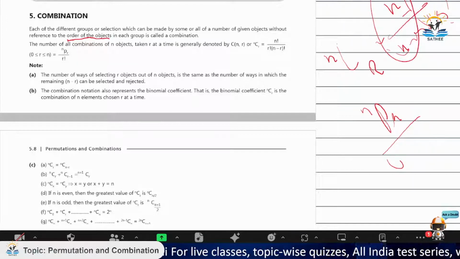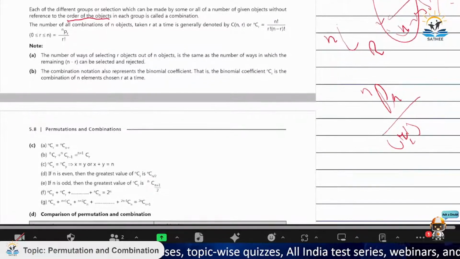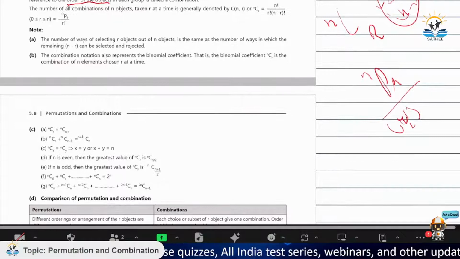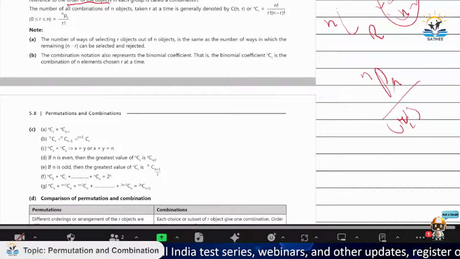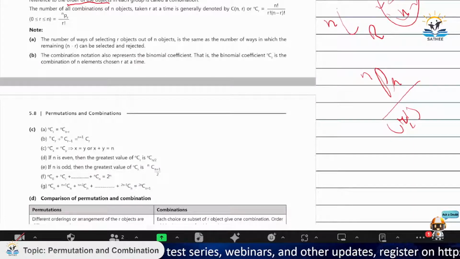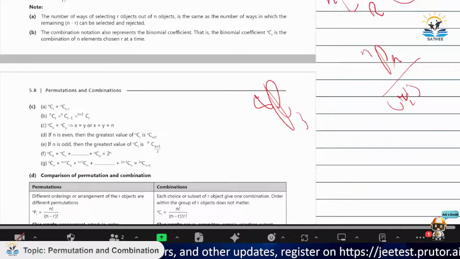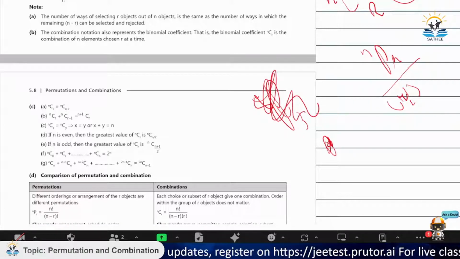So we'll write here r factorial, right? So let's see what the theory says. And also there are a number of applications over this as well. This part. Yes. That nCr is equal to... just wait a minute. I wrote 833 and 835 as the same, so it is wrong. Guys, just a minute.